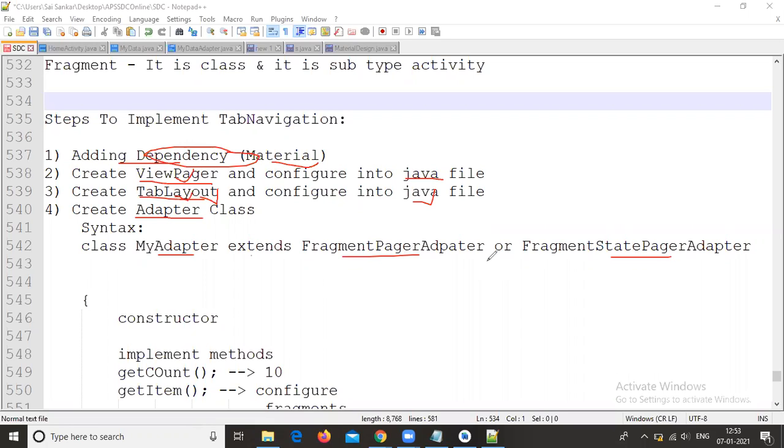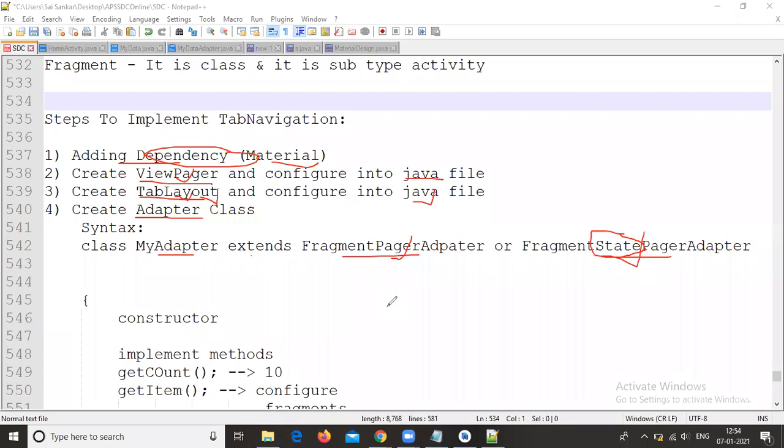The main difference is that if you want to display static data, you can use FragmentPagerAdapter. FragmentPagerAdapter supports only static data. FragmentStatePagerAdapter supports both dynamic and static.